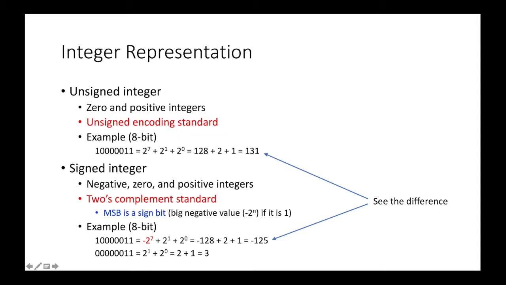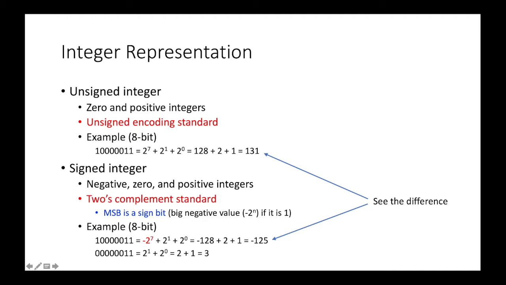Let's briefly talk about how integer numbers are represented in binary. We have two widely used encoding standards: unsigned encoding for unsigned integers and 2's complement for signed integers. Unsigned integers represent zero and positive integers, and we use the unsigned encoding standard, which is simply using power of 2 calculation. For example, 8-bit number